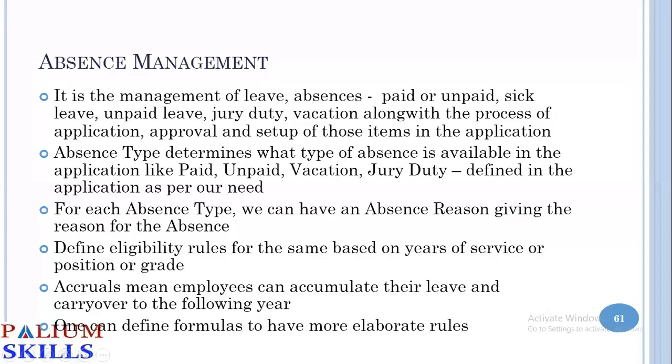Employees are applying for the leave, what type of vacation they are going, what type of leave they want, and that goes for a round of approval. It could go to the manager, from manager to HR, and once HR approves, then it's confirmed in the database and things like that. For this, there are some terms and terminologies that we use, like absence type, absence plan, absence reasons, eligibility rules. So these are all different ways in which we tie down the entire absence solution.